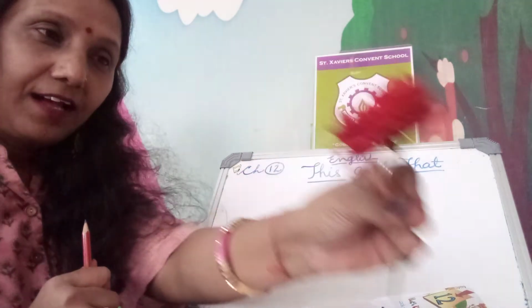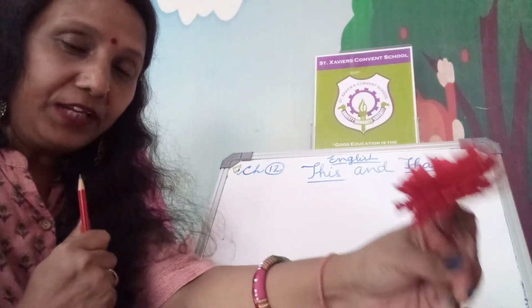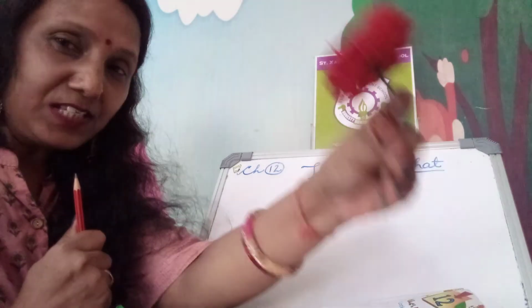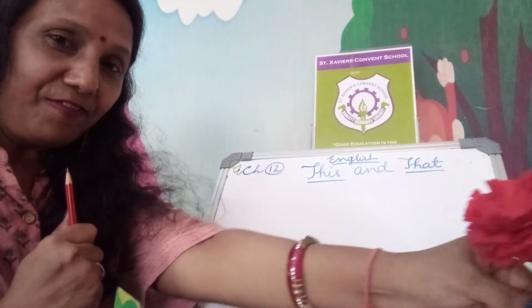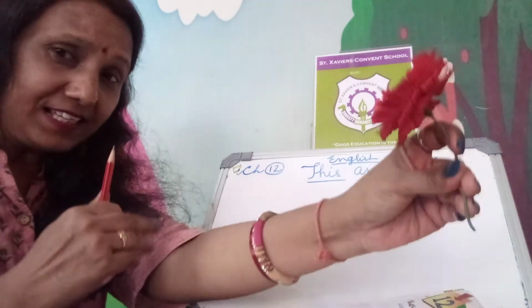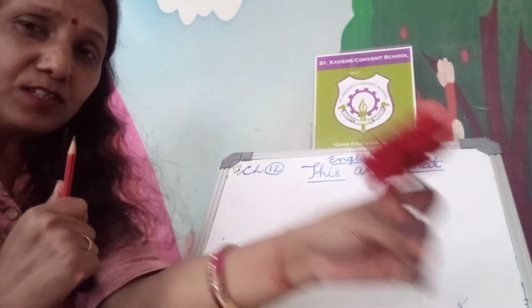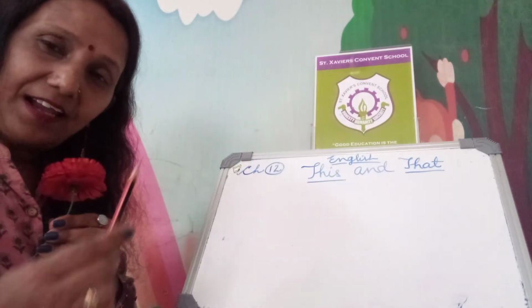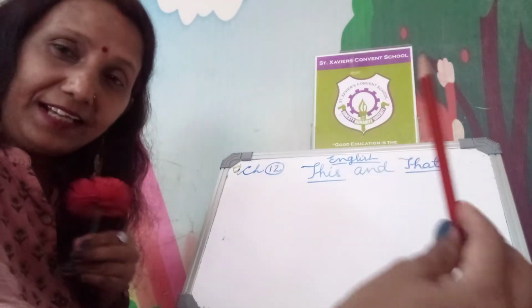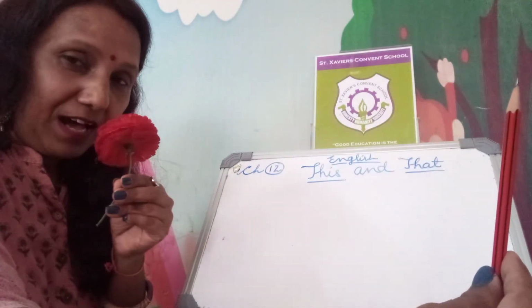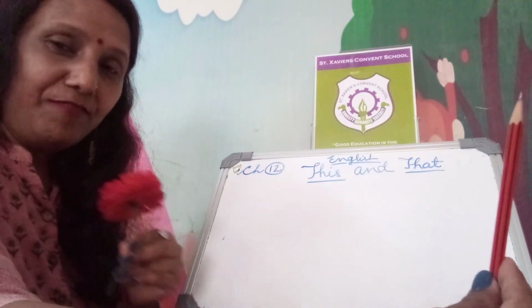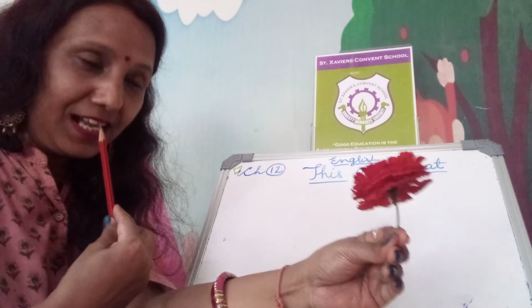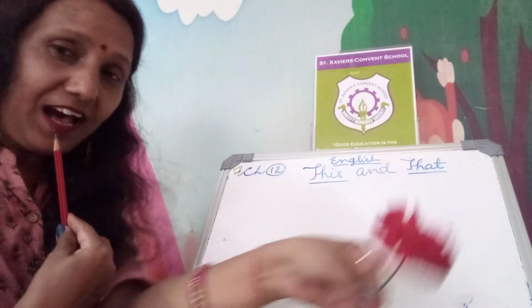And now you can see the flower. The flower I am holding here and putting on this side. Is that near to me? No. That is far from me. This is a pencil and that is a flower, because the flower is not near to me. If the flower is near to me, this is a flower and the pencil is far from me, so that is a pencil. When we cross and I put the pencil near to me, it will be this is a pencil, and the flower is far from me, that is a flower.